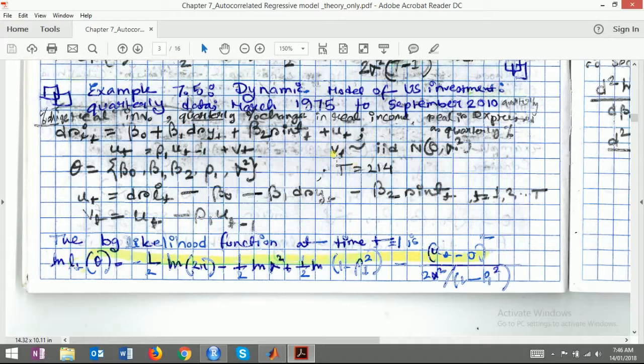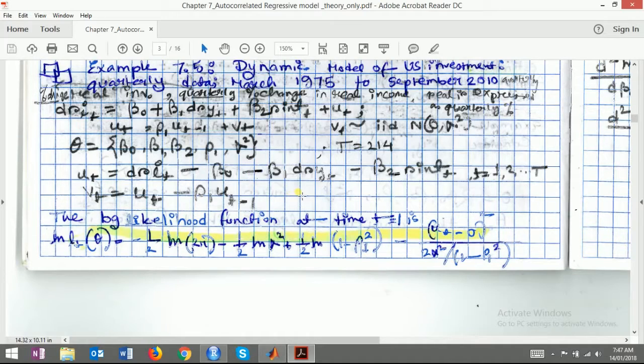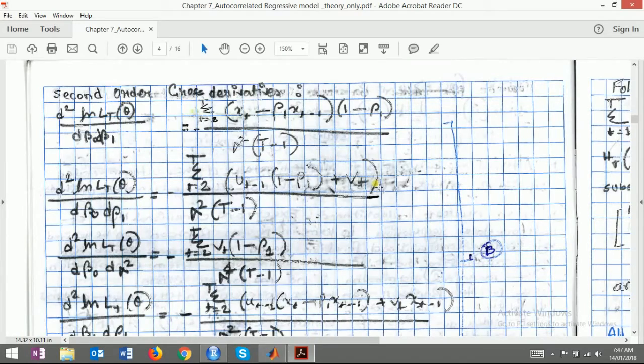from the equation we take all the part on the left hand side. So you see dr real income minus beta real investment minus beta naught minus beta 1 real income minus beta 2 real interest rate. That's all, and vt is equal to ut minus rho 1 ut minus 1. No tricks. The log likelihood function in this case now,